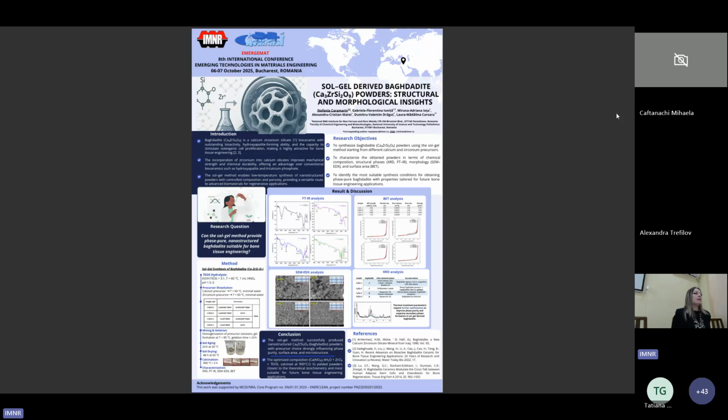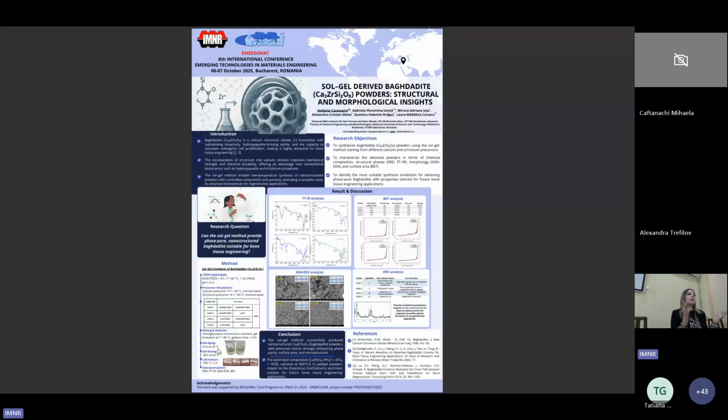And the sol gel method enables low temperature synthesis of nanostructured powders with controlled composition. Our research question first was if the sol gel method can provide phase pure nanostructured Baghdadite powder suitable for bone tissue engineering. So, like I said, we proceed with the sol gel synthesis, and we wanted to find out if